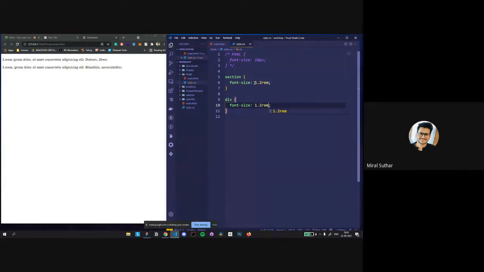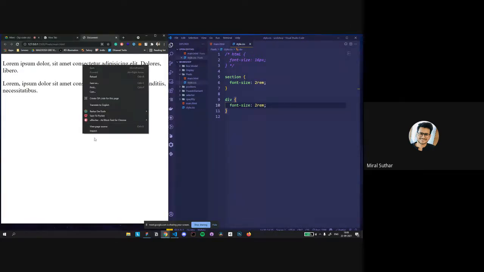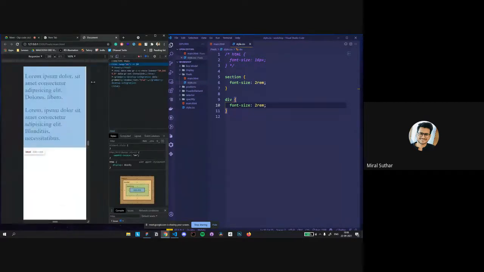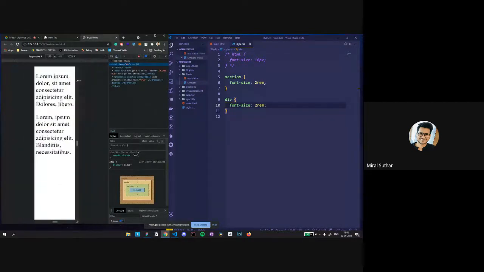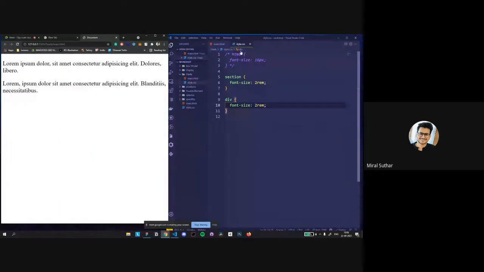Basically the same size. It's not going to multiply over that. It's just the same size, and it's also responsive, much more responsive. Depending on the development, you choose the size: pixels, rem, or em.